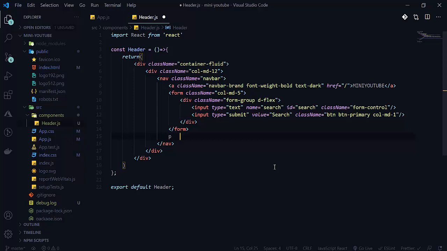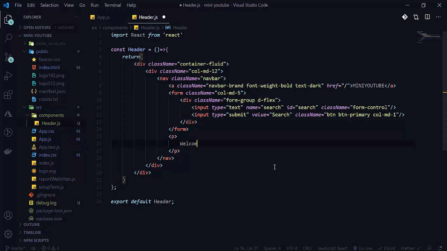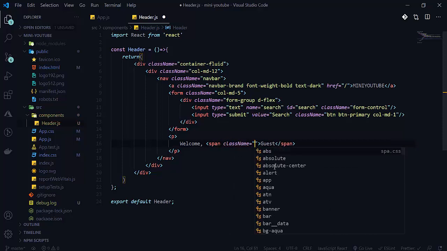Under that paragraph there will be one text, that is Welcome, and there will be one span. In the span we will write Guest here. So by default there will be Guest here. Its class name will be text-primary. Save it, and now let's see how it is working.